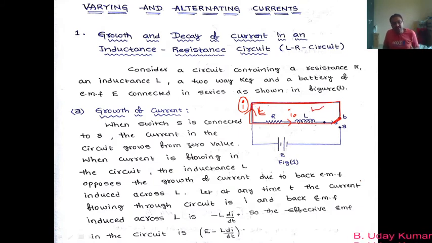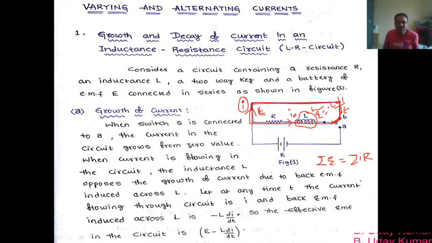So since I is decreasing, again an EMF is induced across L which opposes that change. This induced EMF is equal to minus L into di by dt. Again I use Ohm's law now, but in applying Ohm's law to the upper part of the circuit, there is no applied EMF, there is only induced EMF. Is that clear? And what is Ohm's law? You know that Ohm's law is the sum of EMFs is equal to the product of current and resistance. This is Ohm's law, right?